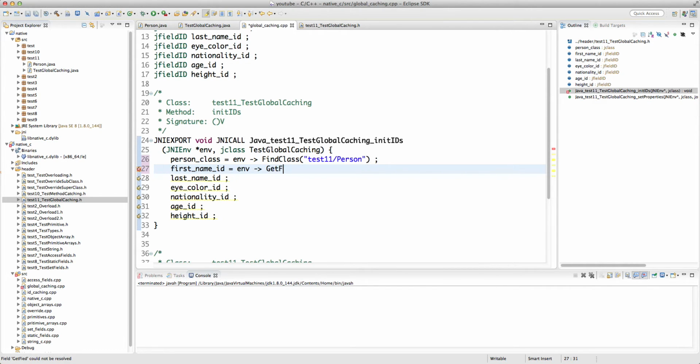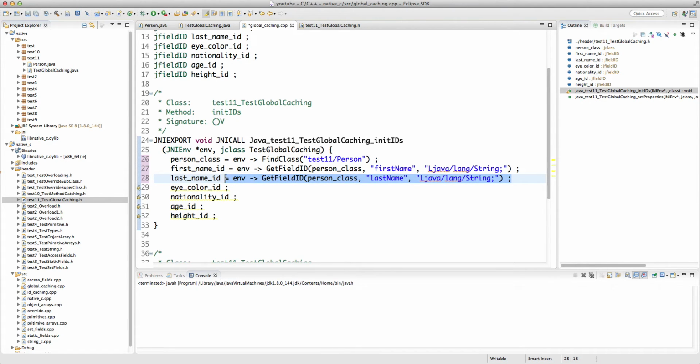Environment GetFieldID, we pass in the jclass reference of the Person class. The name is first name, last name, so first name, and the signature is L semicolon, and then in between we have java/lang/String. The next one is also very similar, it's the last name. So first name becomes last name, its signature is the same, and then the next one is eye color, and